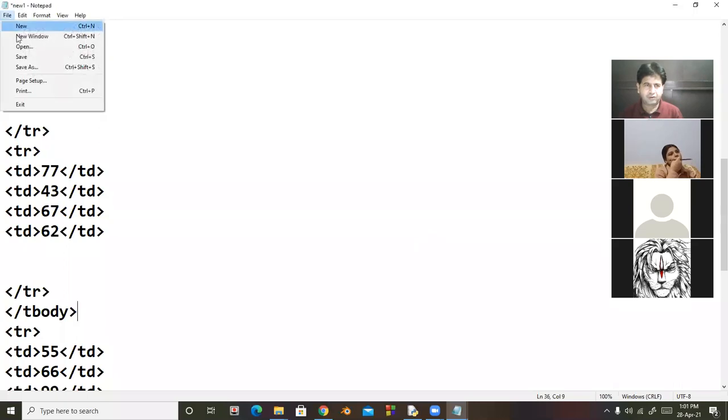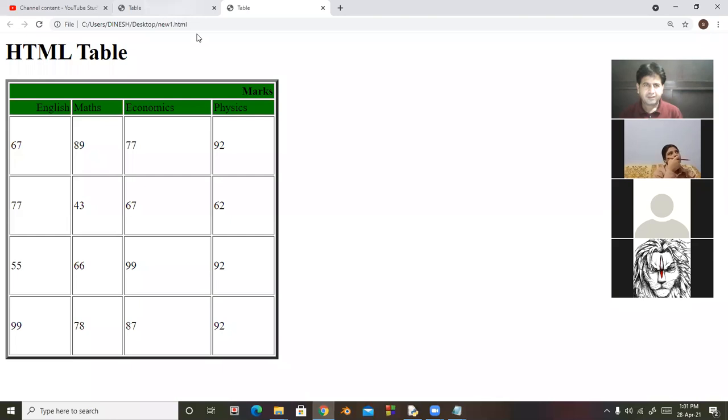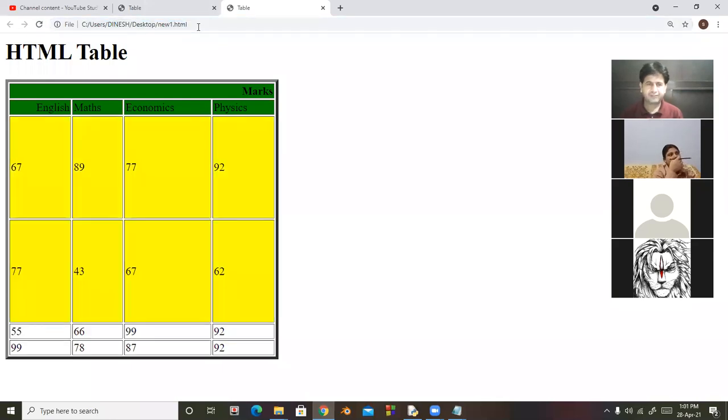Now I save the document. So look at here. We can apply a similar feature on a number of rows.